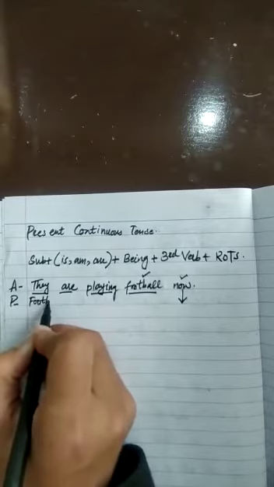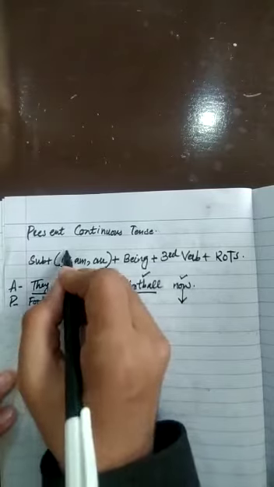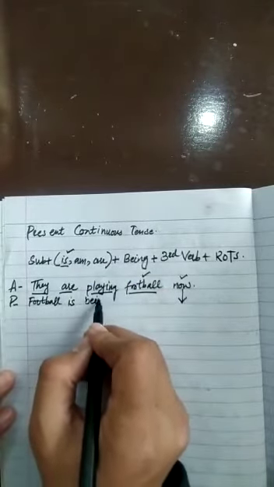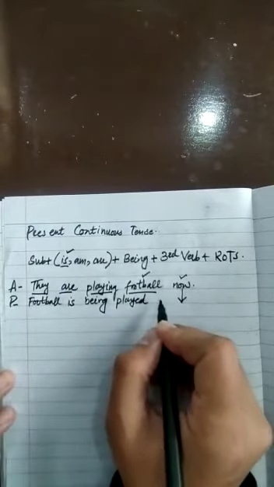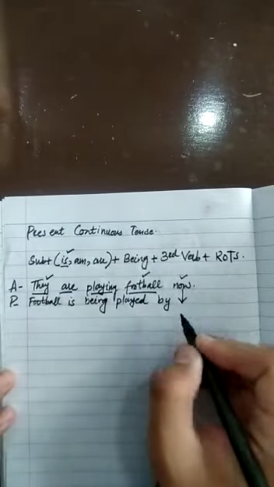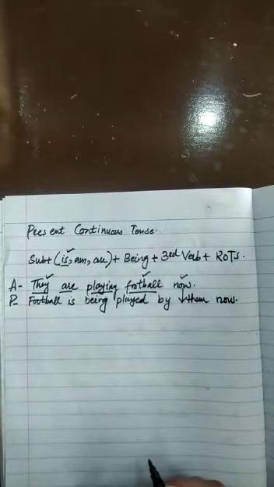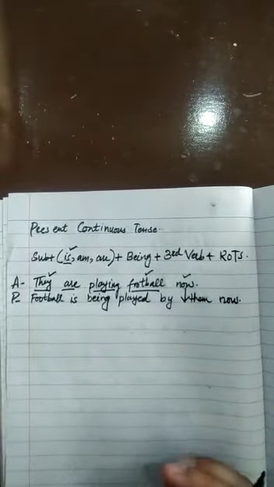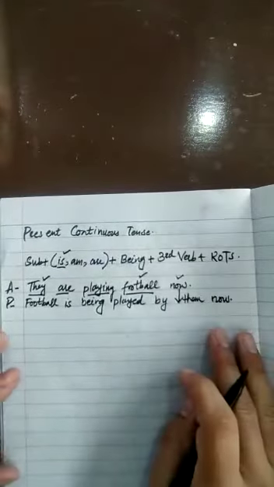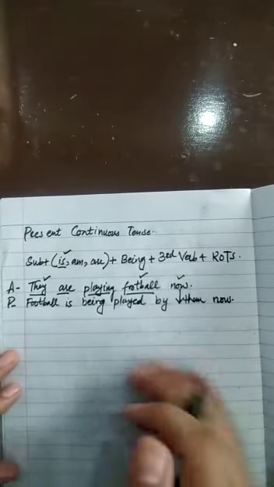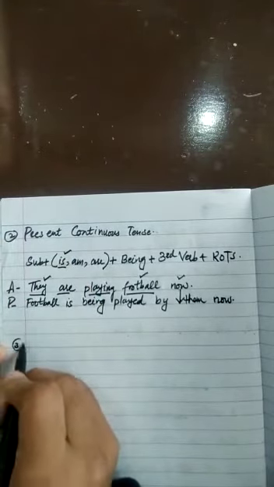Football is singular. With singular we have to use the word is. Look, is. We put is here. And after that, being. What is the third form of play? Played. By. What is the object of they? Them. And now. Have you got the point? I hope you understand how we can change active sentences into passive of present continuous tense. Okay, that was number 2. Now come to number 3rd one. I hope there is no problem in present continuous tense.